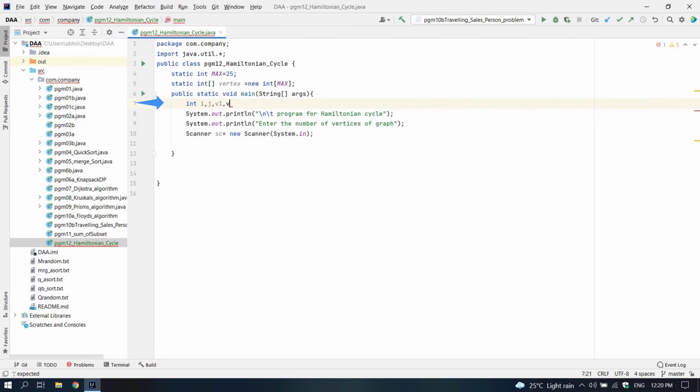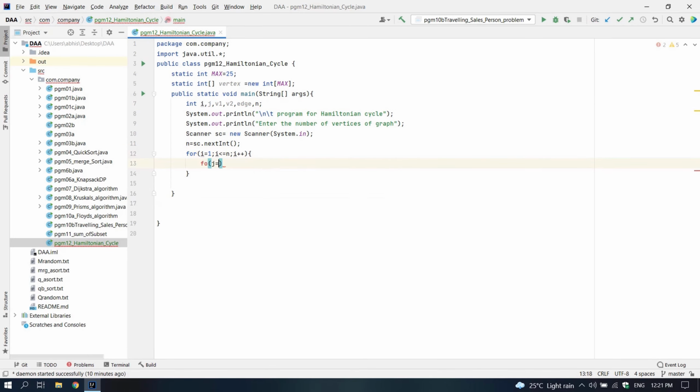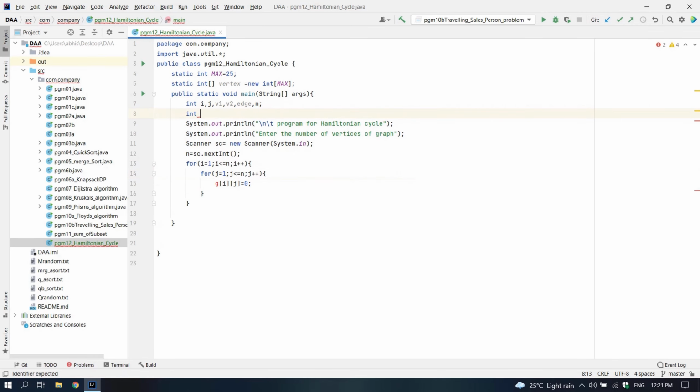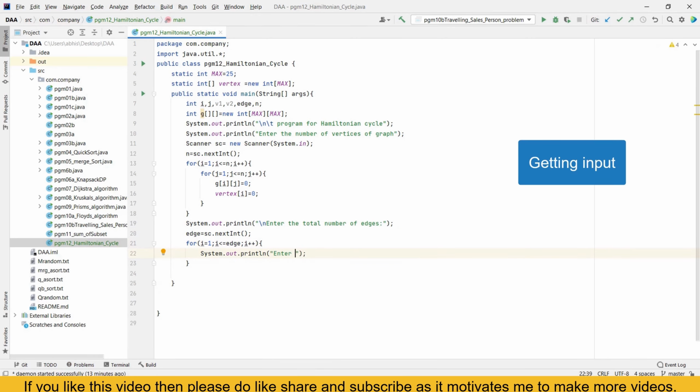These are the variables which we are going to use in the program. After that, we are going to initialize the adjacency matrix and vertex array as 0 for every index. Then we will ask for the input of the adjacency matrix in the form of edges.